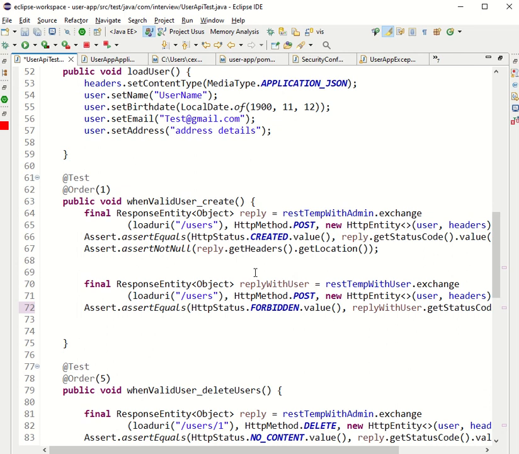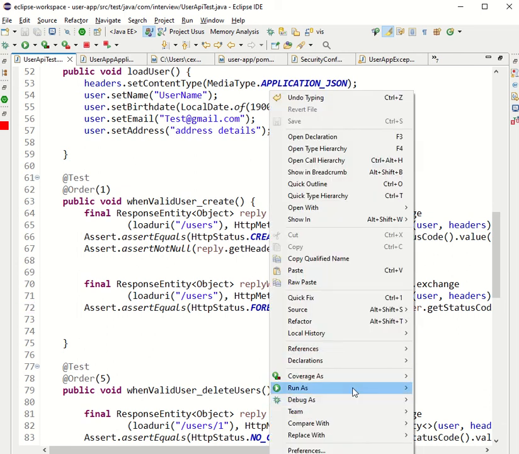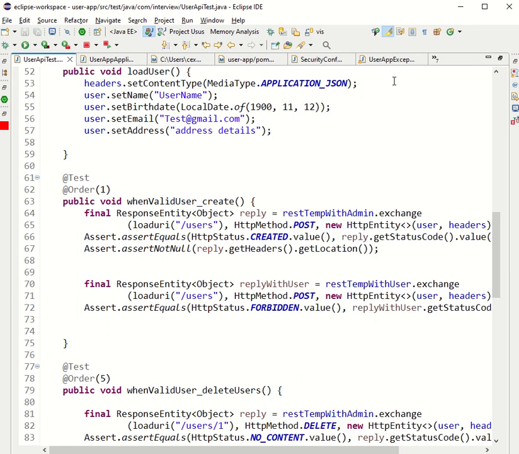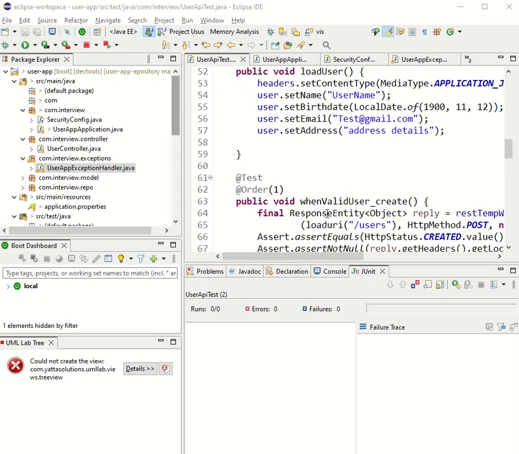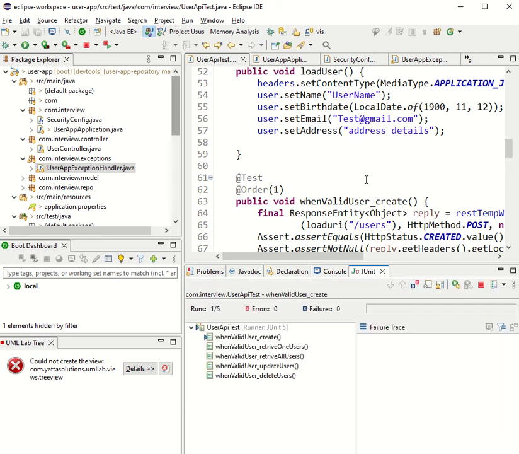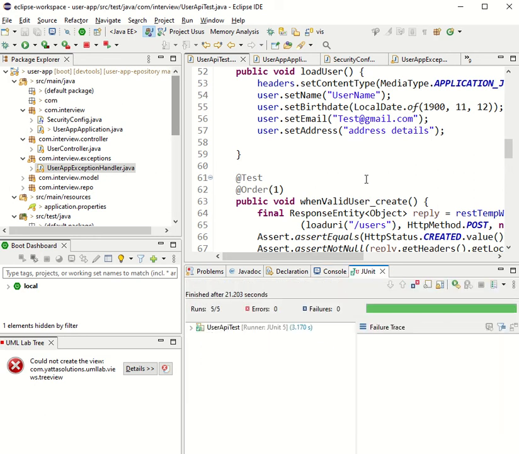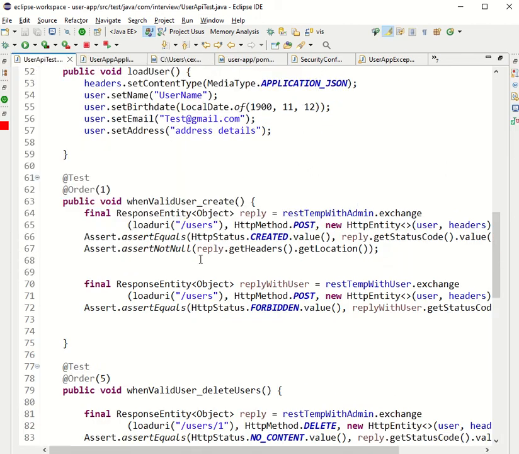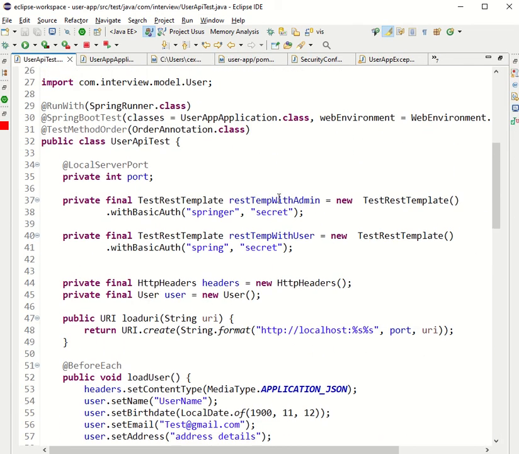Okay, let's run the test cases. Yeah. So all of these test cases have passed, where we have integrated and tested both with the REST user,